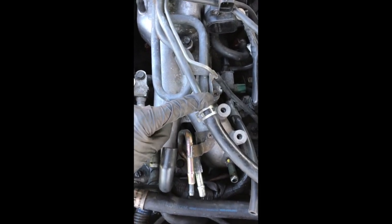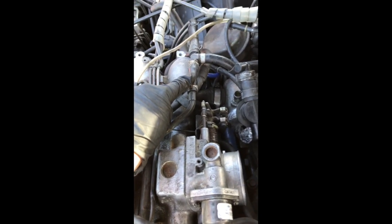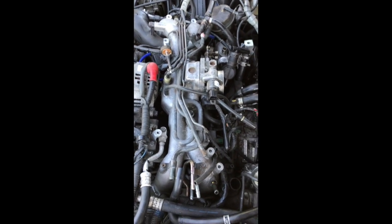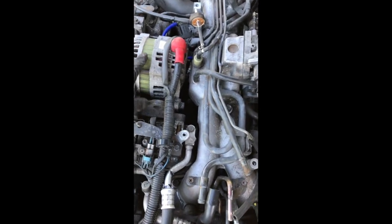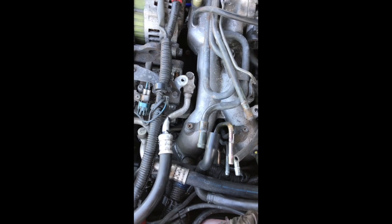Next I'm going to remove the pipes that have the coolant feed to the turbos on both sides, so this one on the passenger side and this one on the driver's side. So I've been having a good look around at what needs to be done next. Some people recommend dropping the alternator, removing the aux belts. I'm not entirely sure that's necessary. The reason why is because